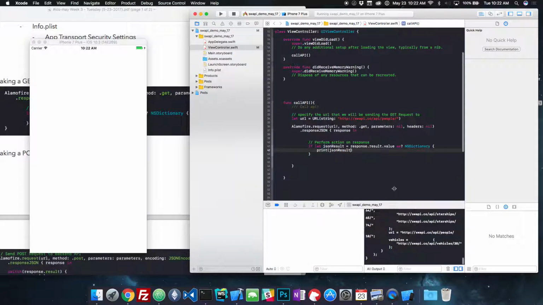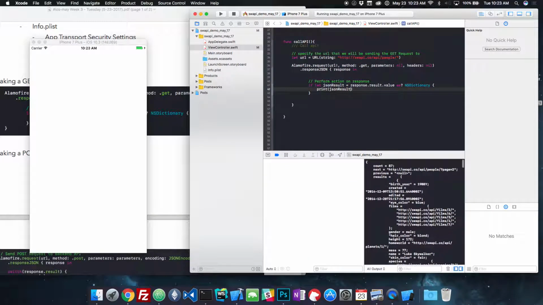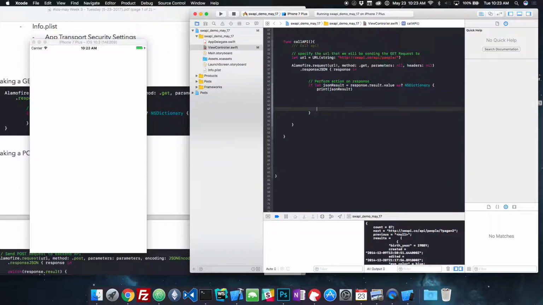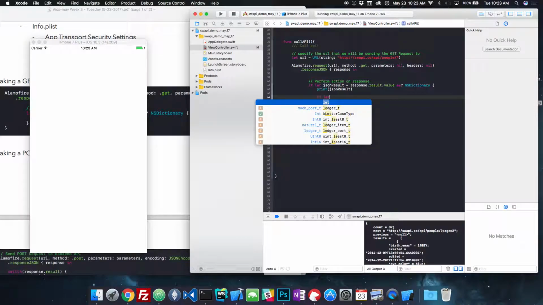Yeah, there we go. See? So we have the same data, and if we want to get a list of all the names, we do the same thing as we did yesterday to kind of twist the arm of the data to get the ones that we need, right? So we have an object here, we're going to go into the results category of that, and then that's an array. So we're going to say if let